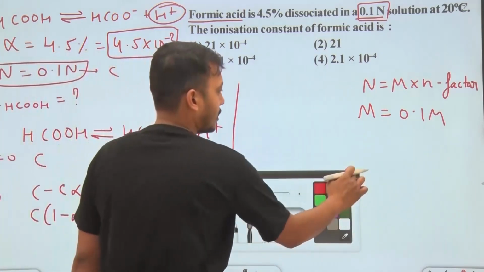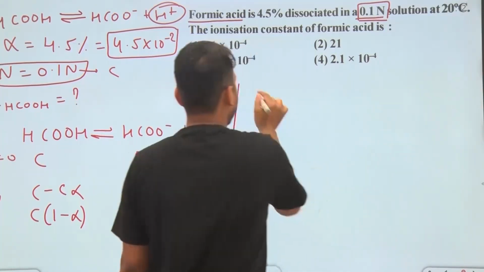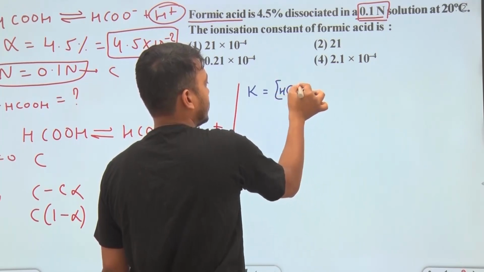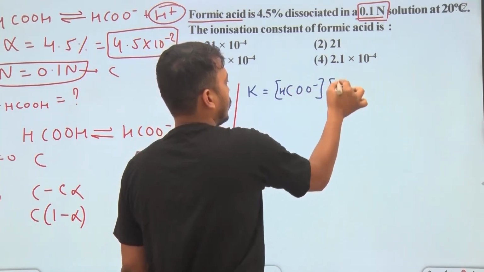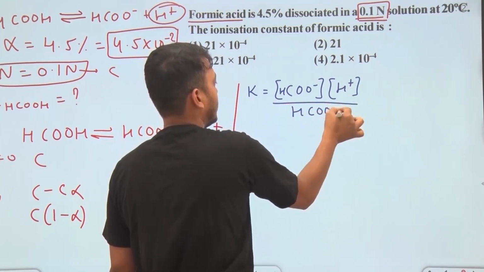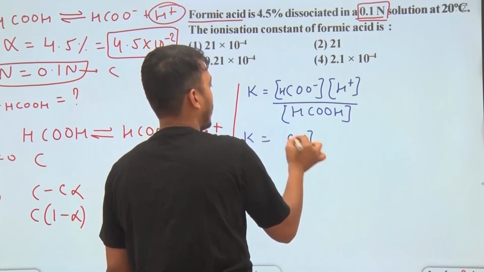Now we have to apply the formula for the ionization constant, that is the equilibrium constant. So K is equal to the concentration of HCOO minus into the concentration of H plus upon the concentration of HCOOH. So K is equal to C alpha